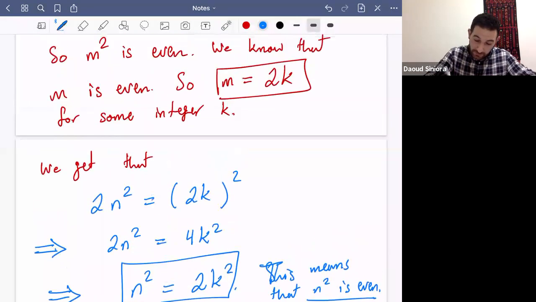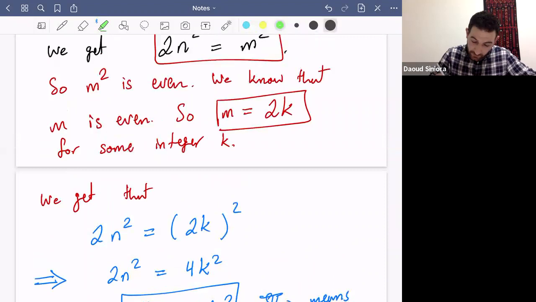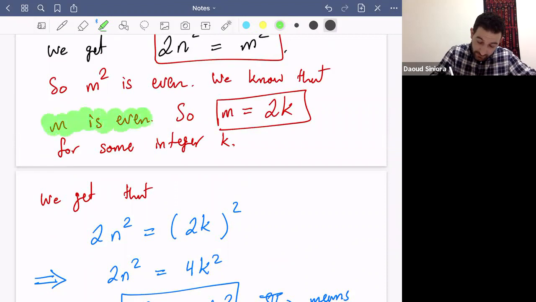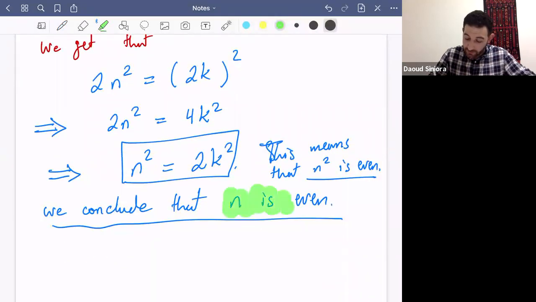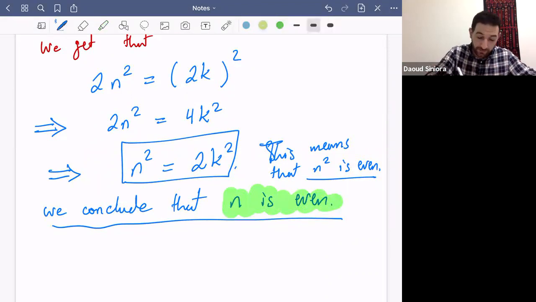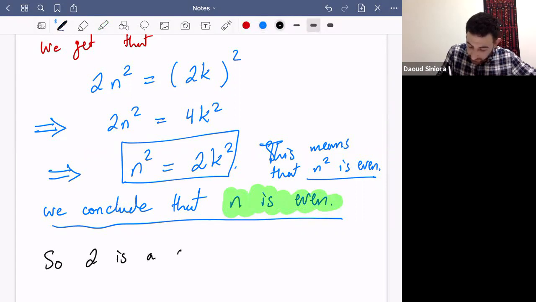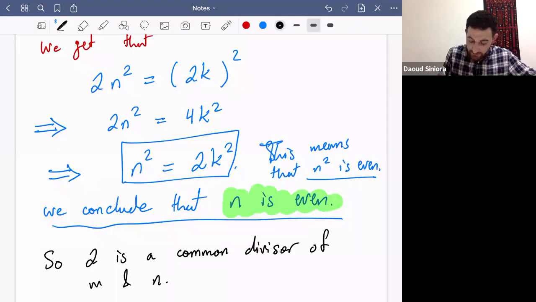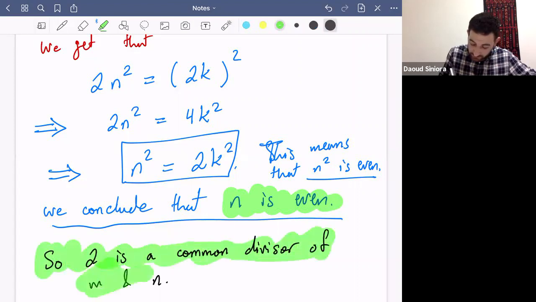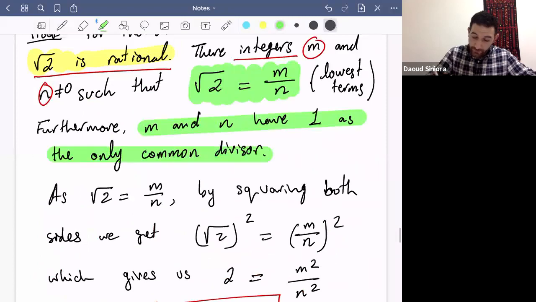Why? Because here we have that m is even, and here we have that n is also even. Since both m and n are even, this means that 2 is a common divisor of m and n. Okay, so let me highlight this statement. Okay, now look at this statement. Let me put it in a red box. So this says,